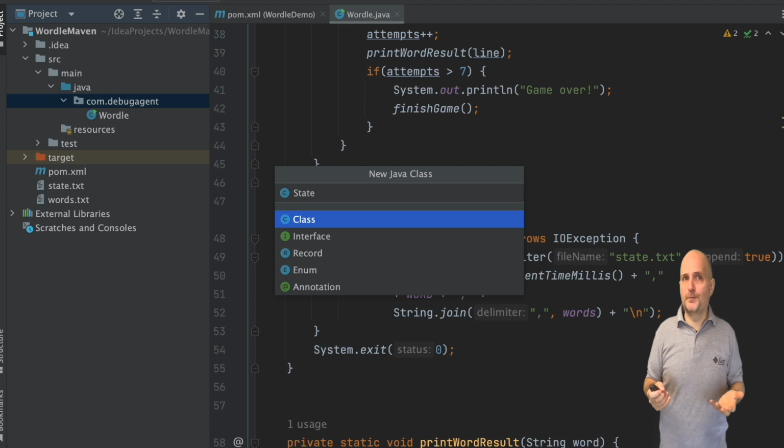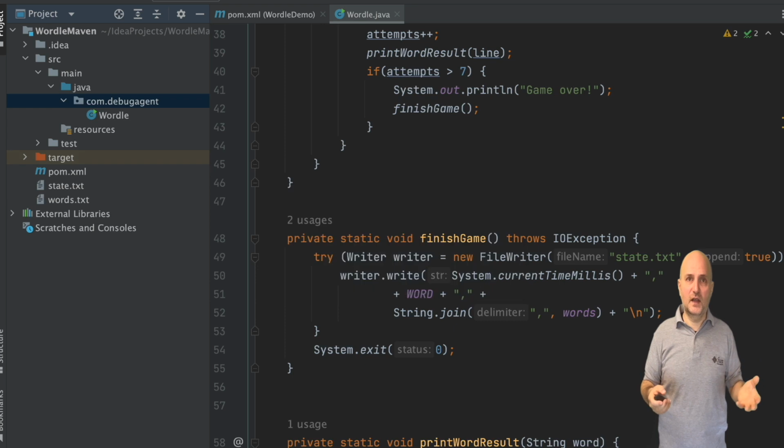Now I'll create a new class. Why do I need one? I want a class to represent every entry in the list of strings we created the last time around. Otherwise, it will be difficult to deal with all those strings individually. I'd rather have a list of objects that includes the values as I need them. I will create a new class and call it State.